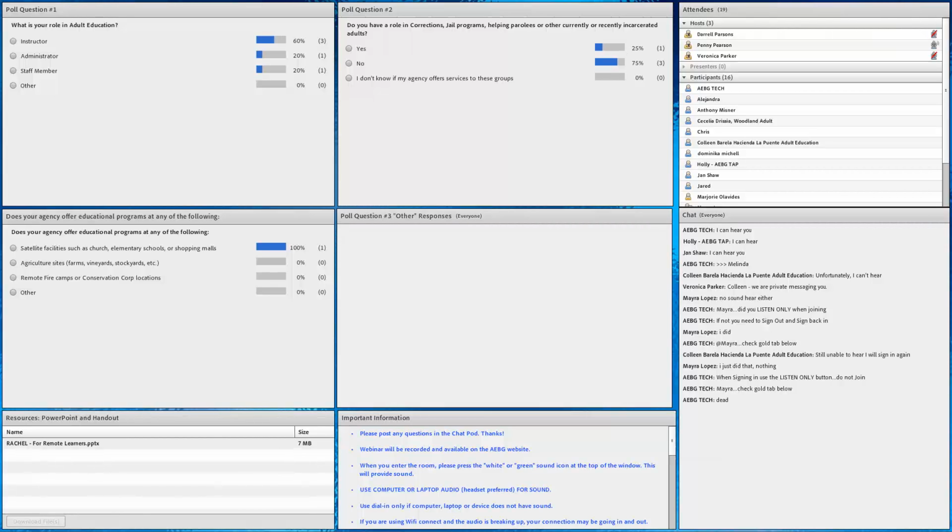I am going to be looking at the totals on the polls to get as close to our full contingent of attendees to answer these questions. And don't forget, if you have another type of question, you can always post it in the chat pod. And I will be pausing and asking for feedback. So no going off on little bunny trails. Pay attention. There will be a quiz at the end. No, just kidding.